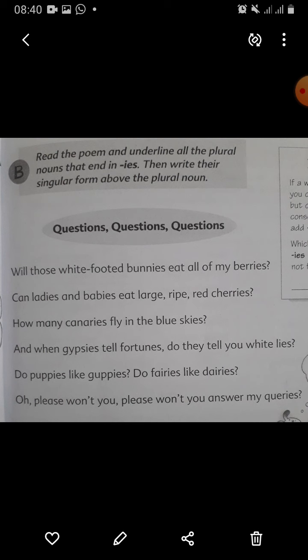Oh, wouldn't you answer my queries? Queries here means questions. Queries will be changed into query. Clear? Dear students, you have to do page number 8 and 9 of your grammar skill books. This is your today's task. Thank you.